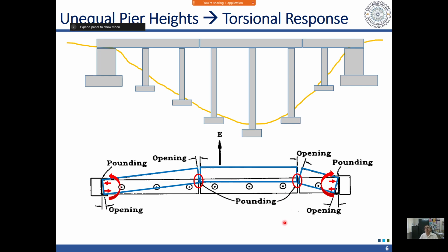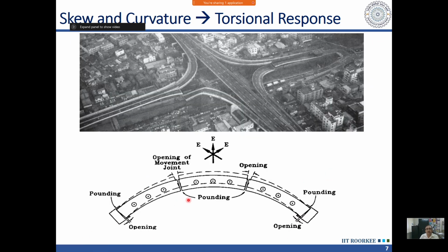In such cases, it is important that we model the superstructure also and make a 3D model. So that 2D model of single pier will not give us this effect, and the forces which we will get will also not be correct in that case. So when we have this type of irregularity either in the height of the piers, or in the orientation, whether our bridge is askew or curved, like in this case.